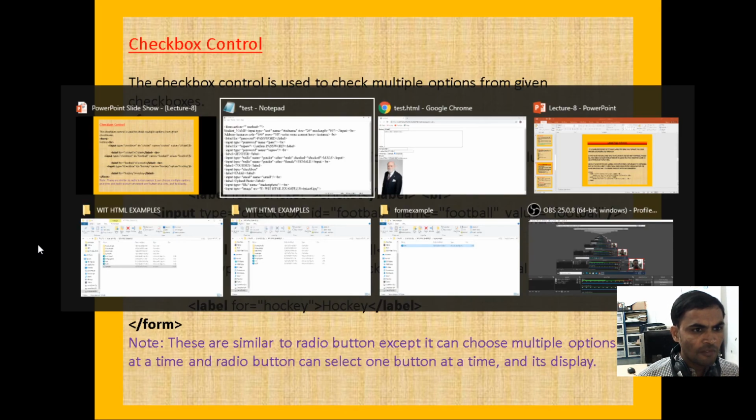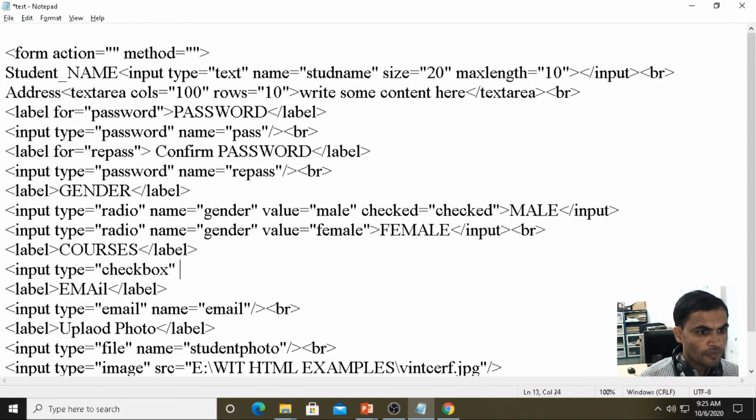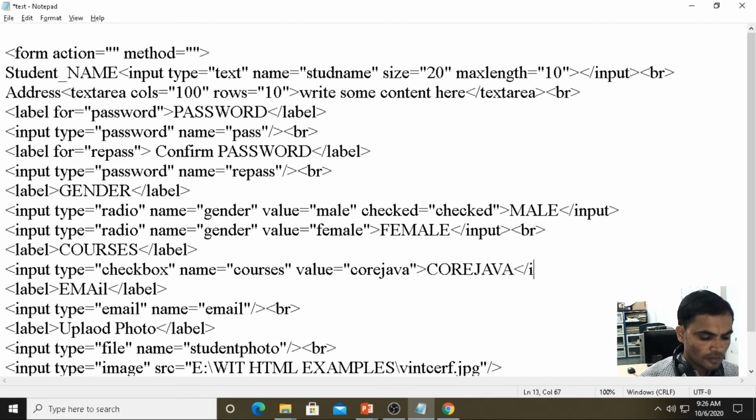Then we can take any name value. Name equals to courses, then value equals to core Java, closing the input tag.